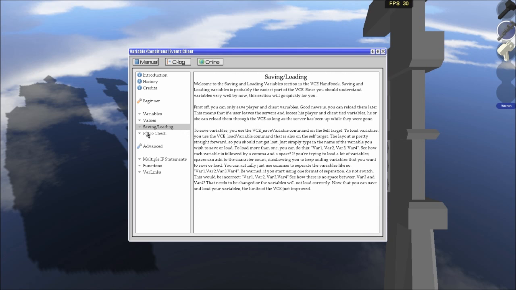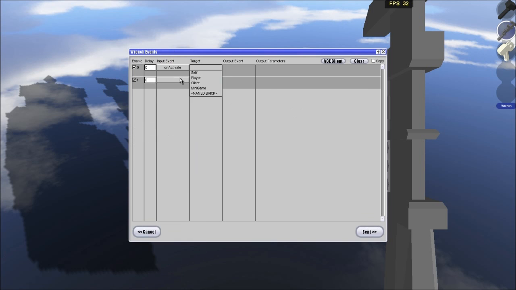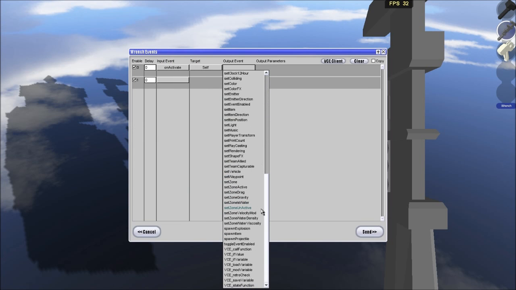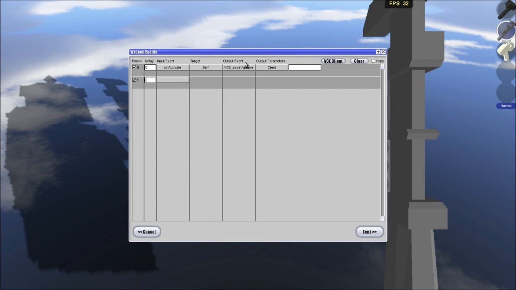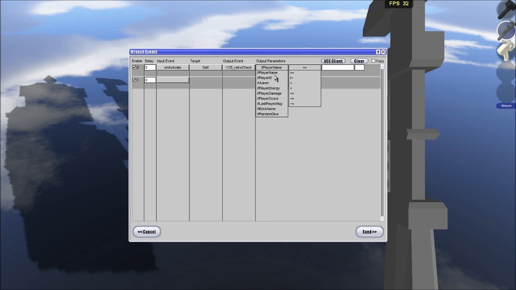Saved variables, loading variables. Retro check is if you have used version 4 of variables. This is basically a recreation, I guess you could say. It works the same as normal variables, but you don't have to type anything in. It just has if player name, ID, admin, energy, damage. If any of these things equals something else, but